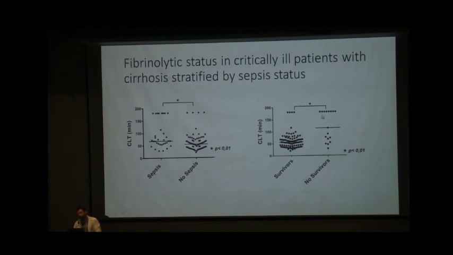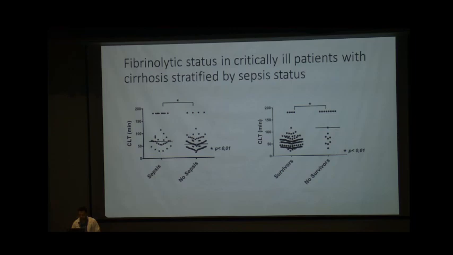This basically depicts an increase in the clot lysis time noted in critically ill patients with cirrhosis with sepsis and patients who are having poor survival. This basically shows there's a state of hypofibrinolysis, and this basically predisposes to the formation of microthrombi and organ dysfunction and ultimately mortality